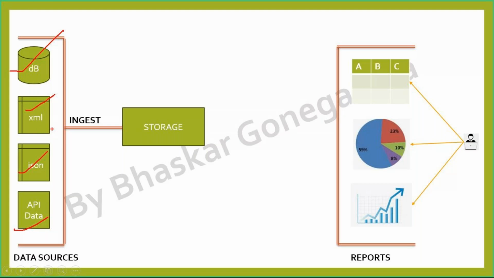Previously the data volume was very small. Ten years ago, the data volume was less, so there was no big data. There was only data, and the older ETL tools could process it. Then the data kept increasing day by day and became big data. Big data means data which cannot be stored and cannot be processed by traditional means. To process that kind of data, the older ETL tools are not suitable. Because of that reason, Hadoop came into the picture, and on top of Hadoop, Spark came into the picture.